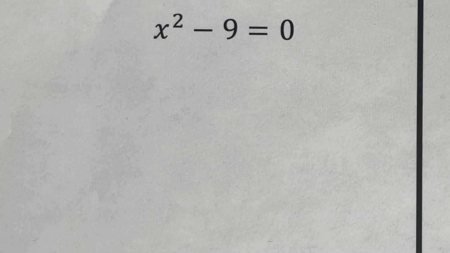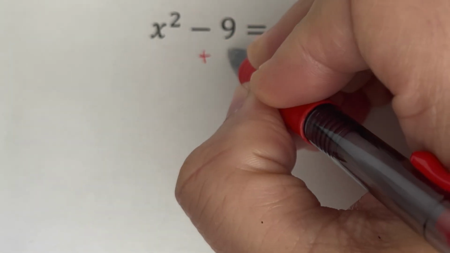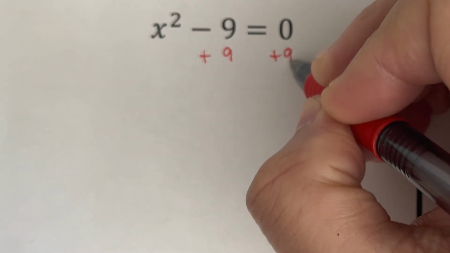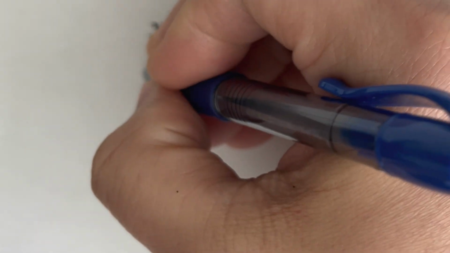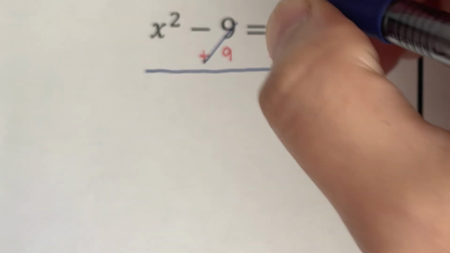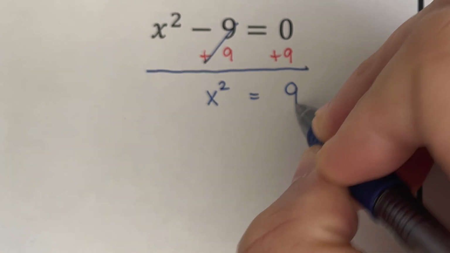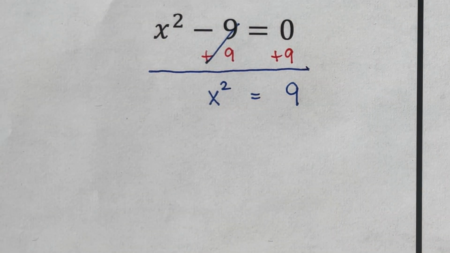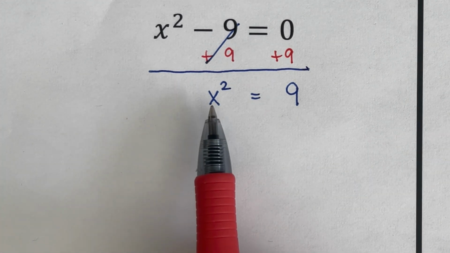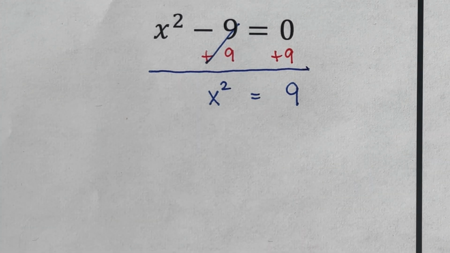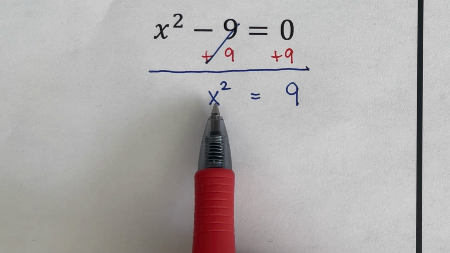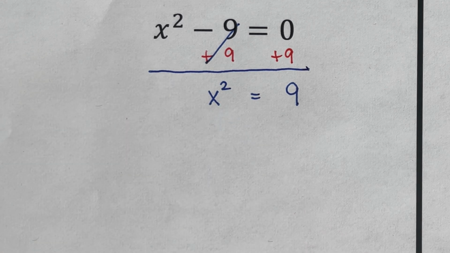We can do that by adding 9 to both sides. So that's plus 9 and plus 9 right there, so that we can go ahead and cross the 9 out. So we are left with x squared is equal to 9. What are we going to do next here is, again, we want to isolate x by itself, but this is x squared. So in cases like this, when x is squared, we are going to use the square root